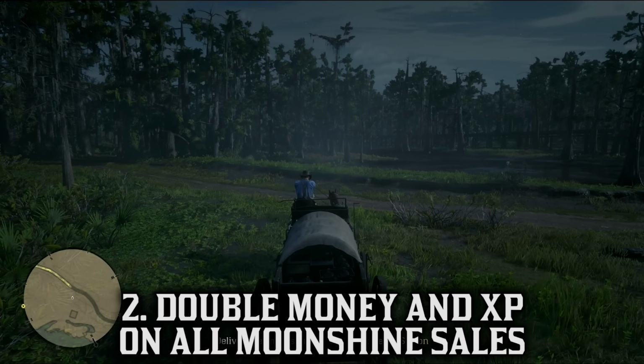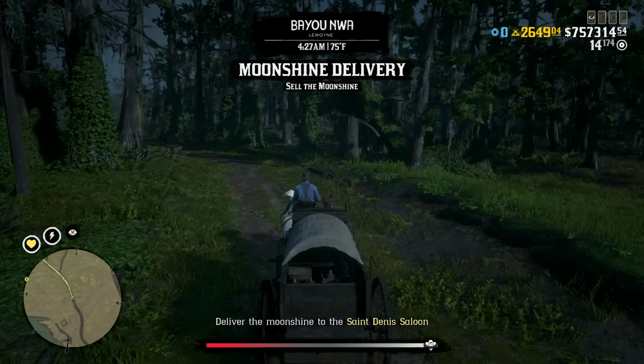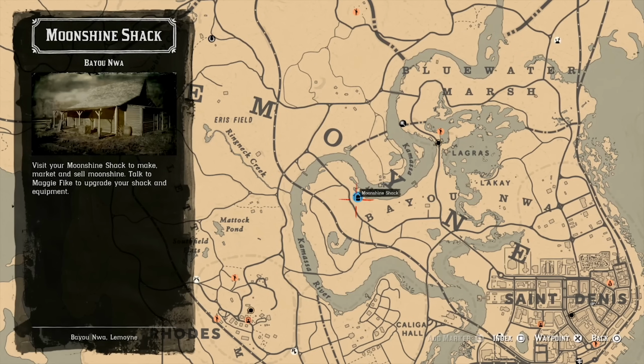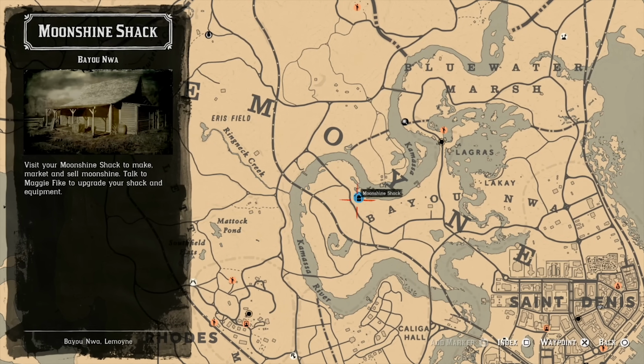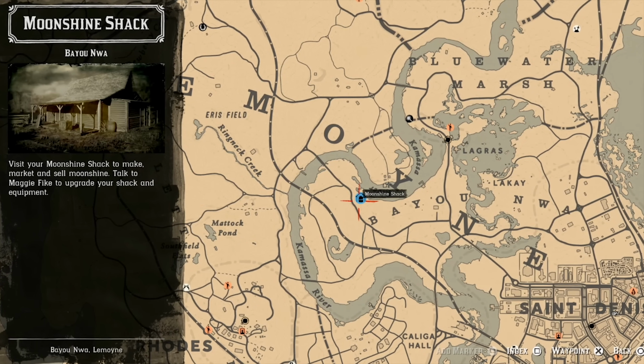But now let's move on to double money and XP on all Moonshiner sale missions. The key to success with the Moonshiner role includes the right recipe as well as the right shack location. My preference is the Bayou NWA location. I think it's ideal due to the smooth delivery routes nearby to Saint Denis, and you also get an abundance